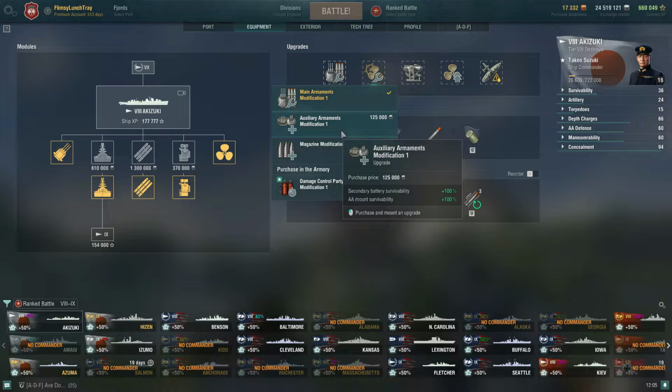You also have an auxiliary armaments modification 1. You don't have a secondary battery on the Akizuki, and for your AA, you're not an AA destroyer. There's other destroyers that play the role of AA much better, like the Tier 8 Premium US Destroyer the Kidd,